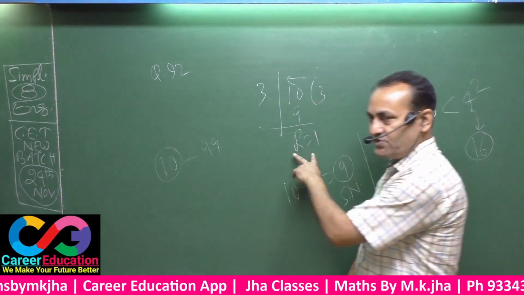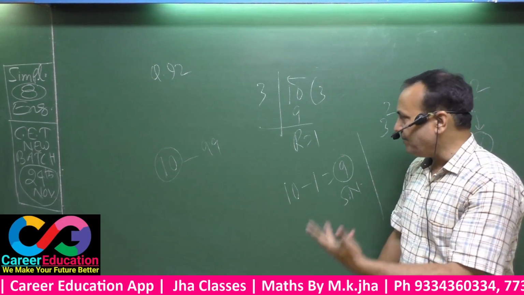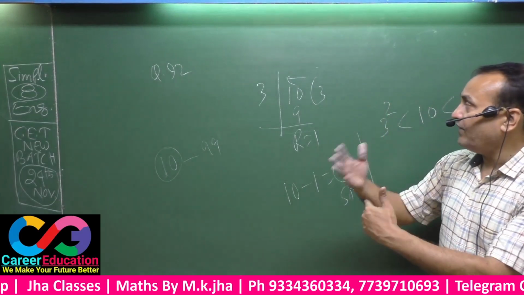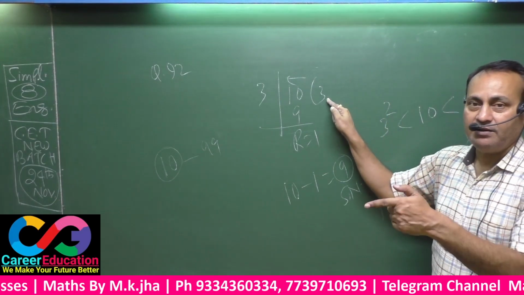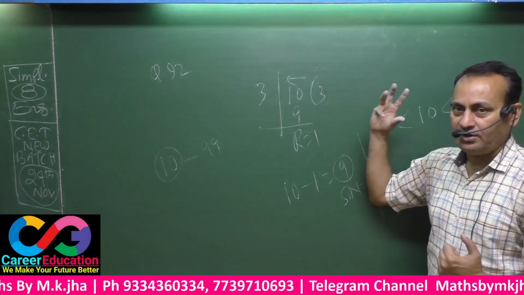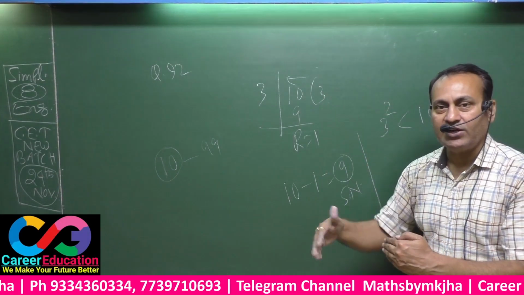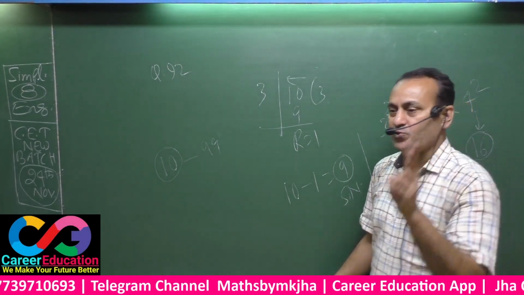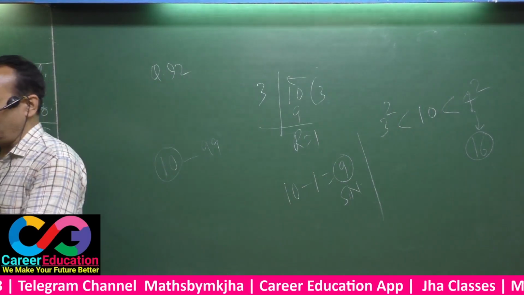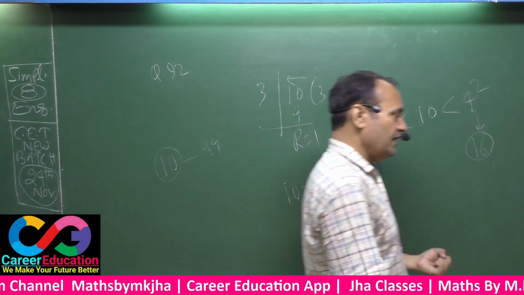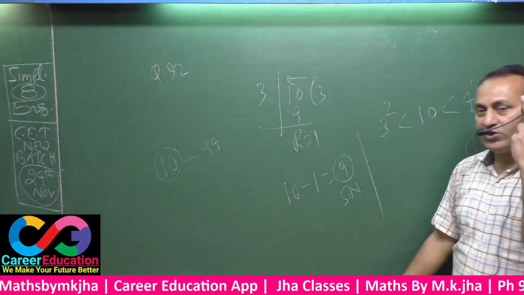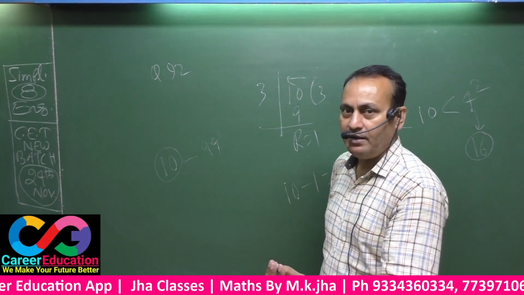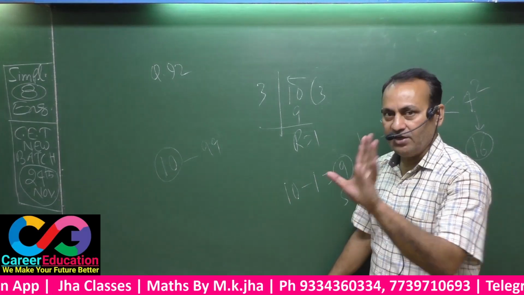That means here you got 2 ways. Sometimes you will have to subtract the remainder you got, and sometimes you have to take the square of the quotient increased by 1. If you got 3 as the quotient, you have to make 3 plus 1, that is 4, and you get 4 square, that is 16. There are 2 ways to find a square number surrounding a given number. That means if the number is 10, you have 2 square numbers, just before 10 and after 10. Before 10 is 9, a square number. After 10, 16 is a square number.